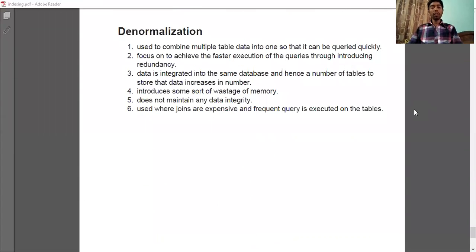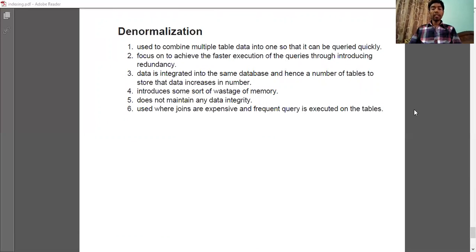So the last topic is denormalization. The points in denormalization are: it is used to combine multiple table data into one so that it can be queried quickly. It focuses on achieving faster execution of queries by introducing redundancy.